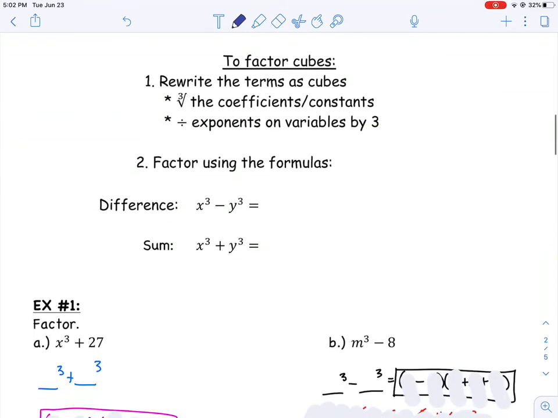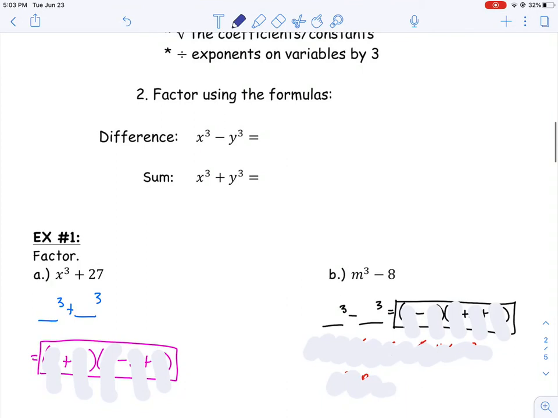So when we're factoring cubes, we're going to rewrite the terms as cubes. We're either going to cube root the coefficients or the numbers, and then we're going to divide our exponents by 3, and then we're going to factor using our formulas. So we need to make sure that we know these formulas, that we can find patterns to help us remember these formulas, because these are formulas that you'll need to know from now on. You will not be able to use a note card or a formula sheet,